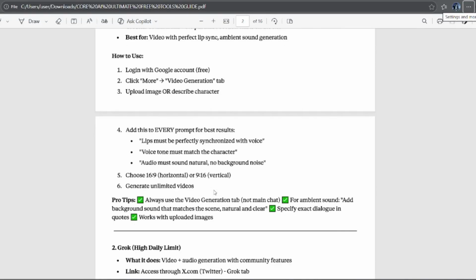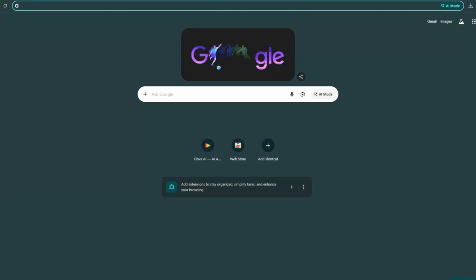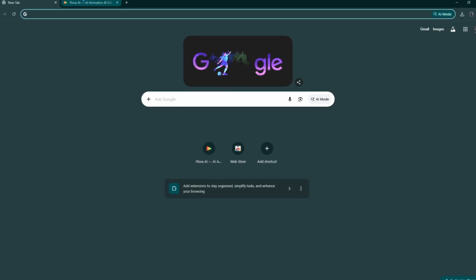Now let's get into it. So basically this platform I'm about to show you right now is actually the best platform you can use for video generation. This tool packs a lot of models and features inside it, and you're about to see why it's actually very good. Most creators are juggling 5 different tools right now. But what you're about to see changes that completely.